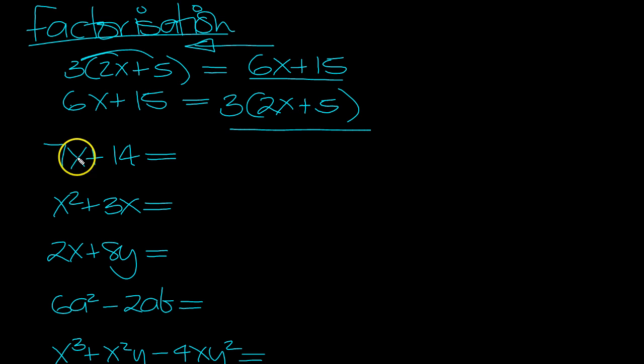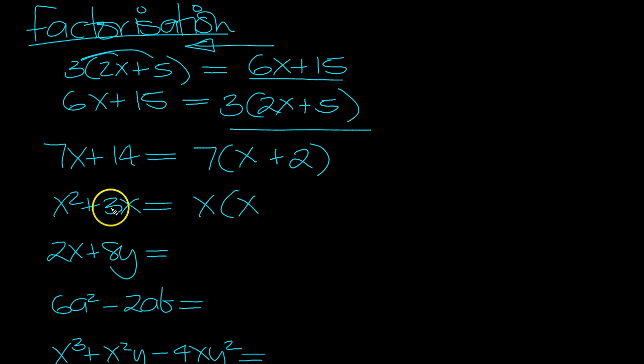in principle. So here what's common is a 7. Take that outside a bracket. What needs to go here? Well, it will be the x. And we need a plus 2, don't we? What's common here? There's an x common, isn't there? Nothing else. So the other term must be an x to give the x squared, and we need a plus 3, don't we? Here there's a 2 common, so 2 goes outside a bracket, x rather, and then we need